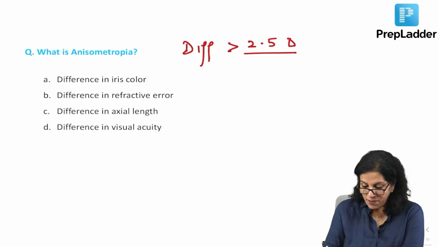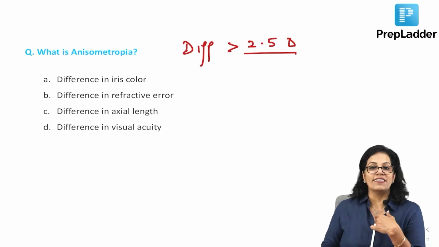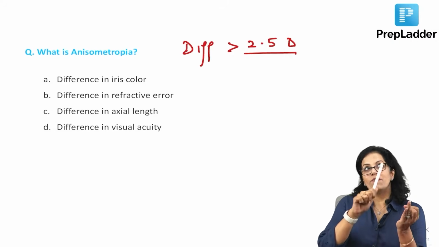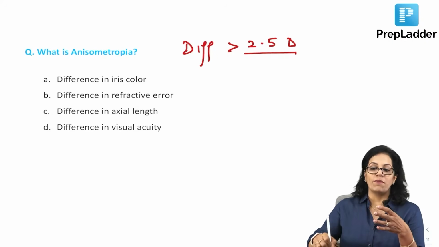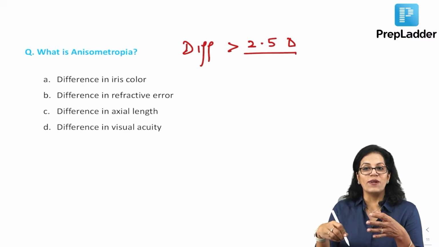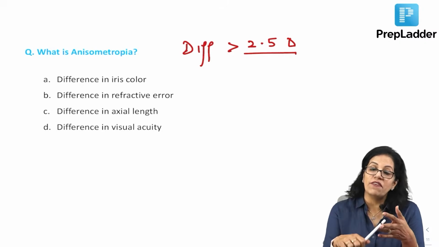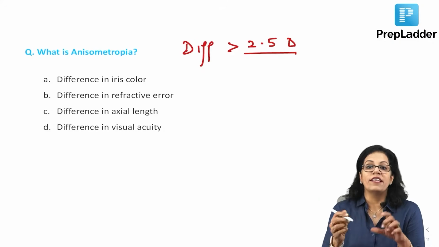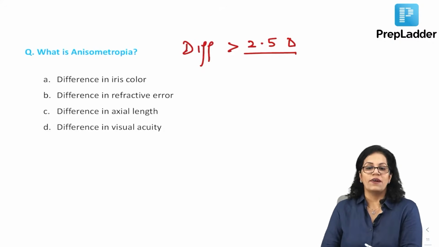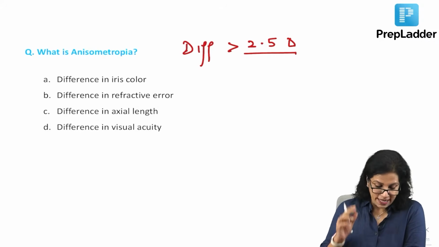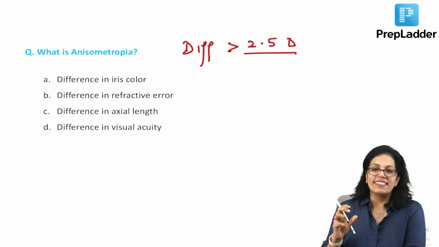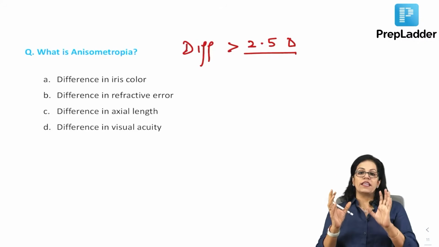Do you all remember I have talked about 2.5 so many times? What were the points to remember in 2.5? That an infant is hypermetropic by 2.5 to 3 diopters. What was another 2.5? If you measure from the limbus, 2.5 millimeters is the pars plicata, which helps us to do cyclotherapy, where we are damaging the ciliary processes in absolute glaucoma. Remember? Another 2.5, or 2.4 to 2.5, is your depth of anterior chamber, right? So we have learnt many 2.5s here. So here we will remember the definition of anisometropia.